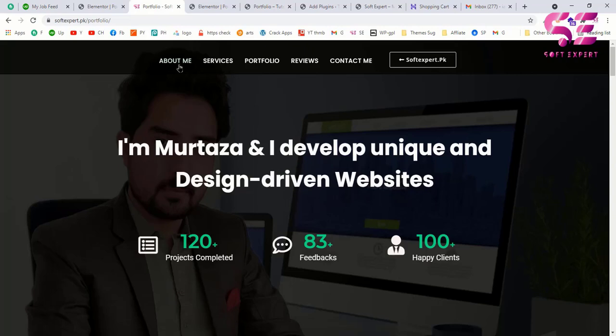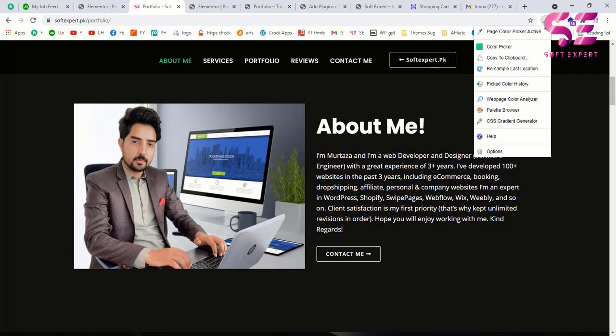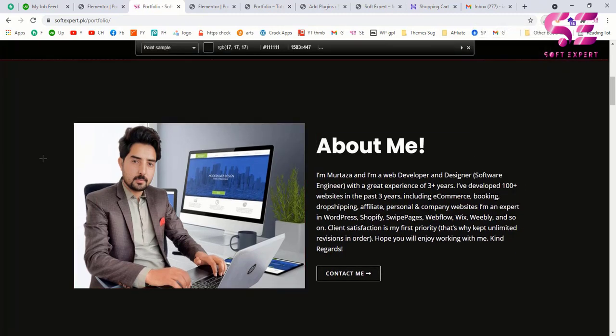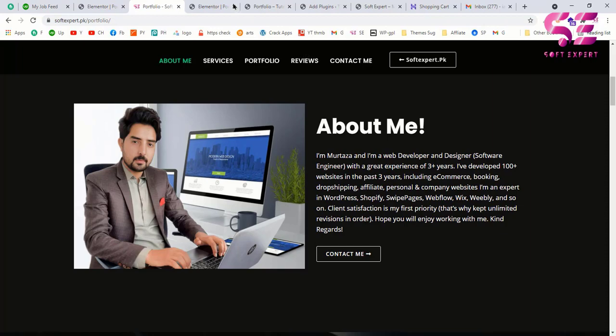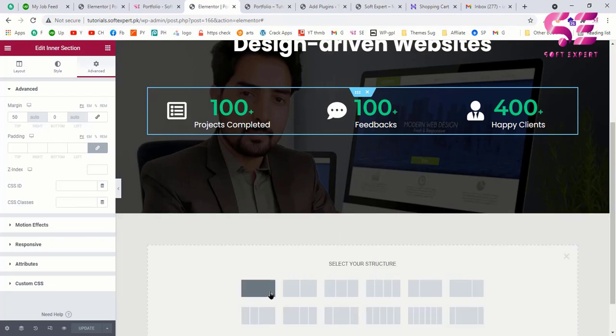And now let's go to about me and we will create this section. And now as you can notice, this is a black color, but this is not the pure black, so we just need to pick this color. I think this is 111. If I click this, then this is 111. So let's create a section with that background color, and this time we will not use any image, so just add a new section, single one,